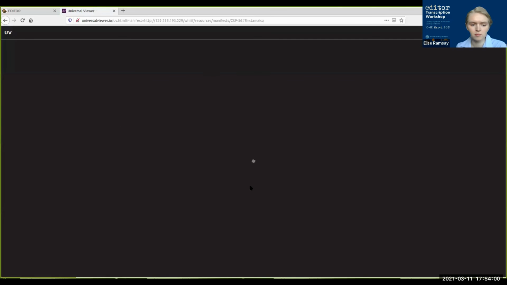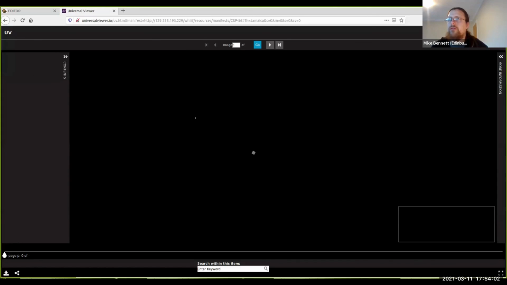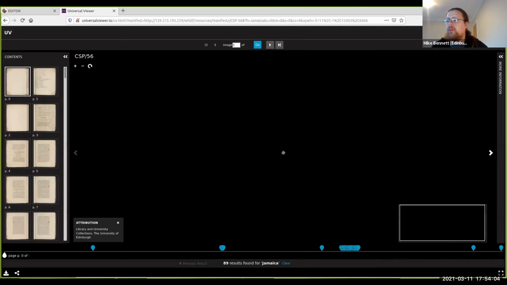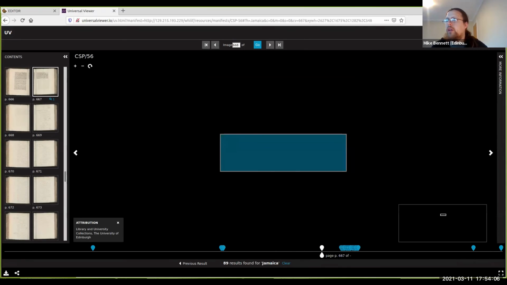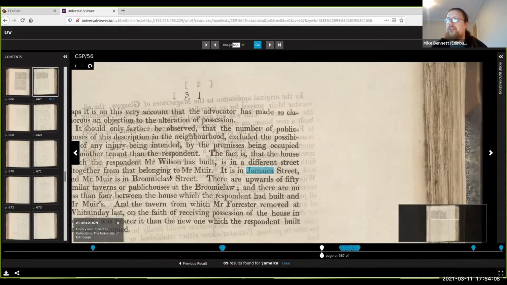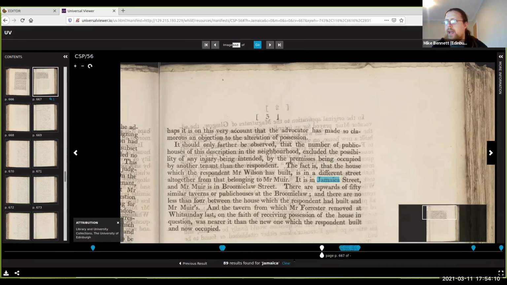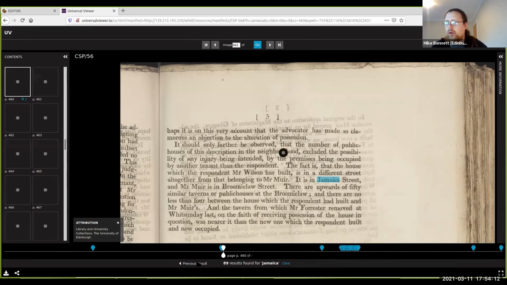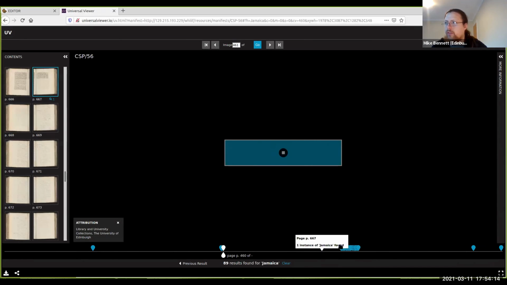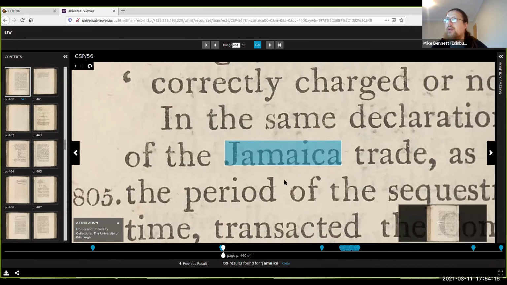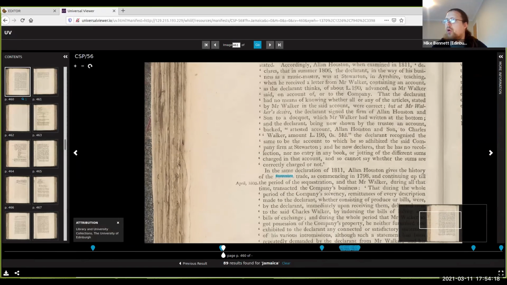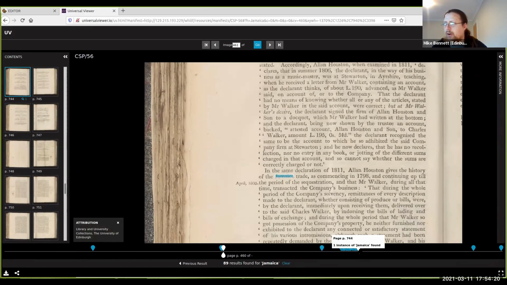Or indeed, you can go through into the viewer, the full IIIF viewer, with deep zoom browsing through the pages, and you can then see the searches not only in the context of the page, but also in the context of the whole volume using this kind of layout here. So you can actually see in this volume, almost all of the responses for Jamaica are right here at the end,